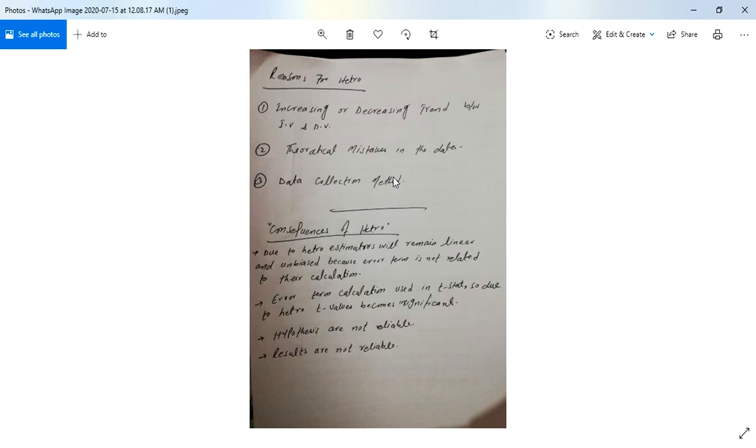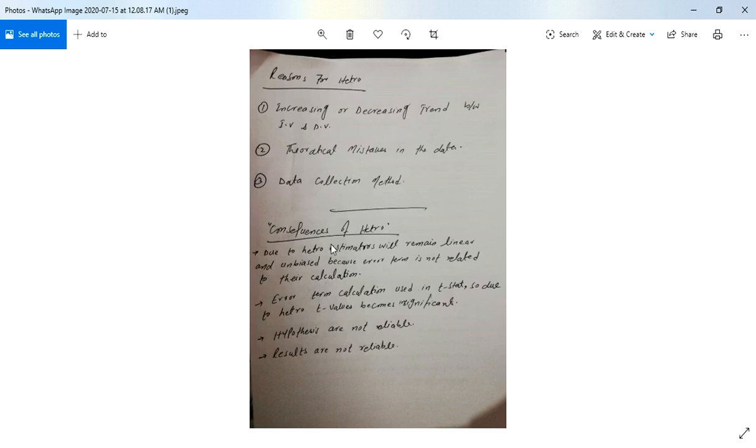So this thing will pass from one student to another student and then another student. In this way it will create similar results, or it may vary from one student to another. This will create the problem of heteroscedasticity in the data. So these are three basic reasons for the occurrence of heteroscedasticity.